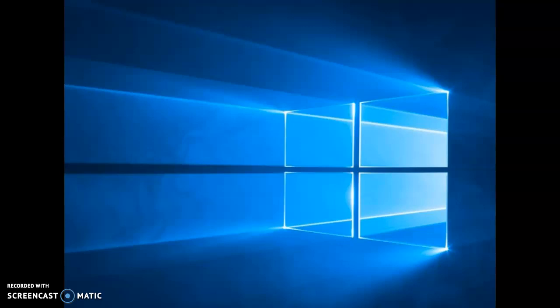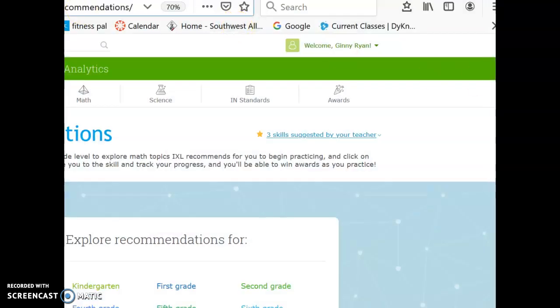Hey everyone, we as a math department have signed you up for IXL Math. This will take care of some of the problems that we've been having when we assign those problems to you as practice. So you're going to have to log in for the first time here, and what we'll need you to do is go ahead and launch your web browser, whichever one you like to use, and then go to